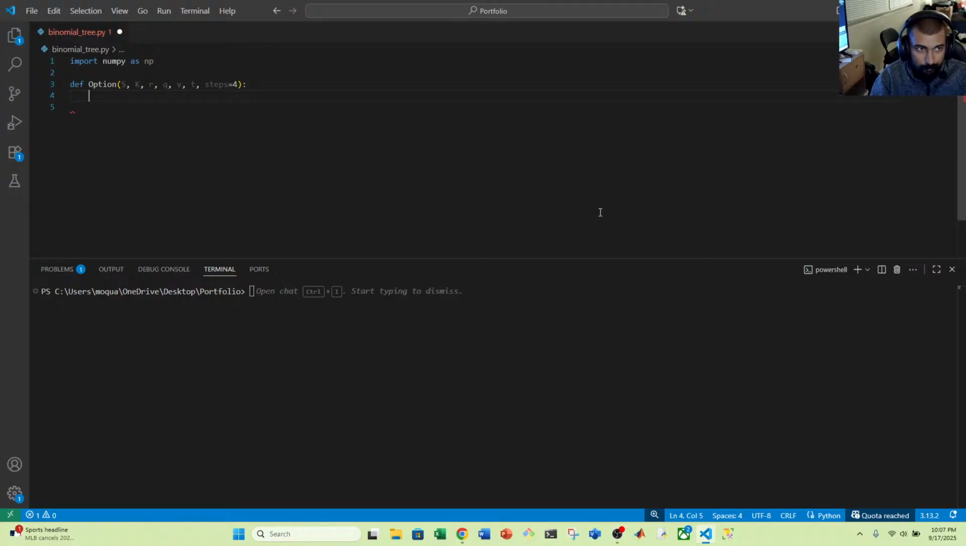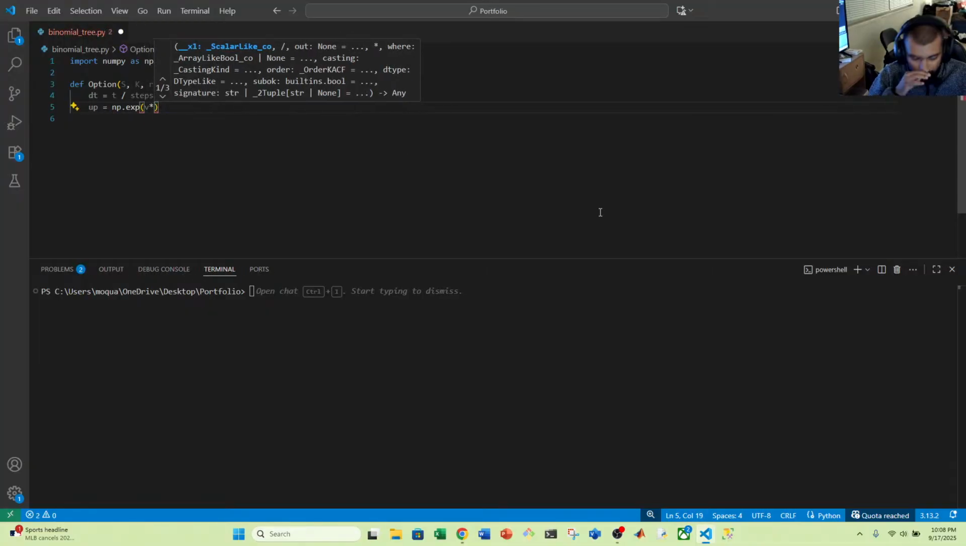Okay, so dt equals t divided by steps. I do that first because I always forget about delta time. So then the next step is going to be up equals e to the power of volatility times